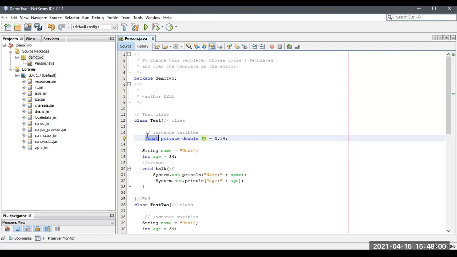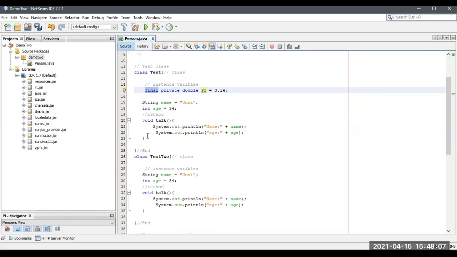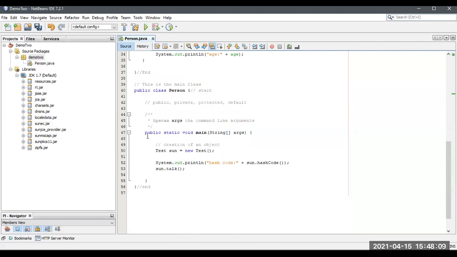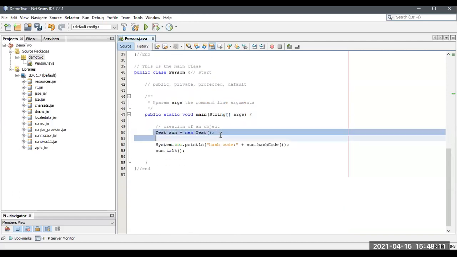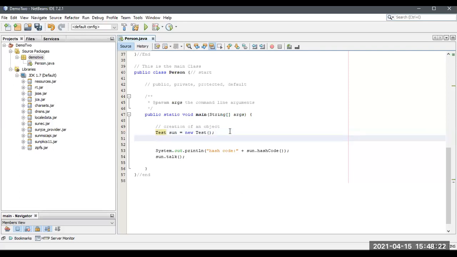Now, declaration of a class object. Already we discussed the declaration of a class object. How to declare a class object? This is the declaration of a class object. Initially, the name of the class. Let me type a syntax like this. Comment it so that it doesn't throw an error.